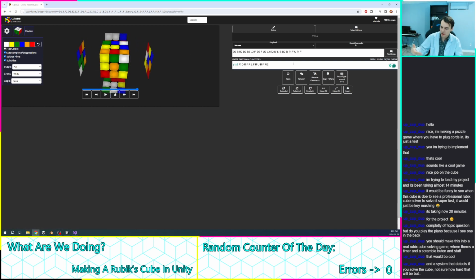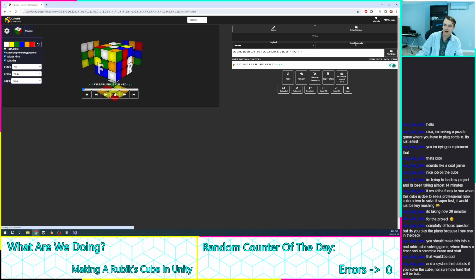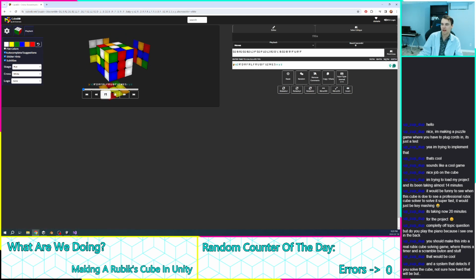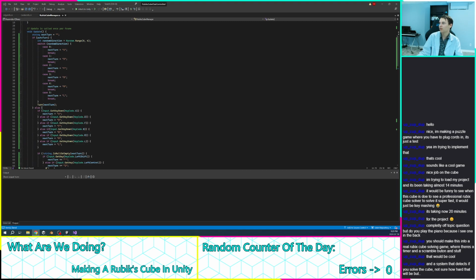But even the moves I don't have made yet, like M is the center, and E and S do the other sort of slice moves. X, Y, Z physically turn the whole cube. So, I mean, this notation is what I'm going off of for what I eventually want all of. But this doesn't have, well, actually it does, if I do this, it does have going through all the turns, so I guess there is that. But yeah, I know these kind of things exist, but I'm trying to make one myself for the funsies,